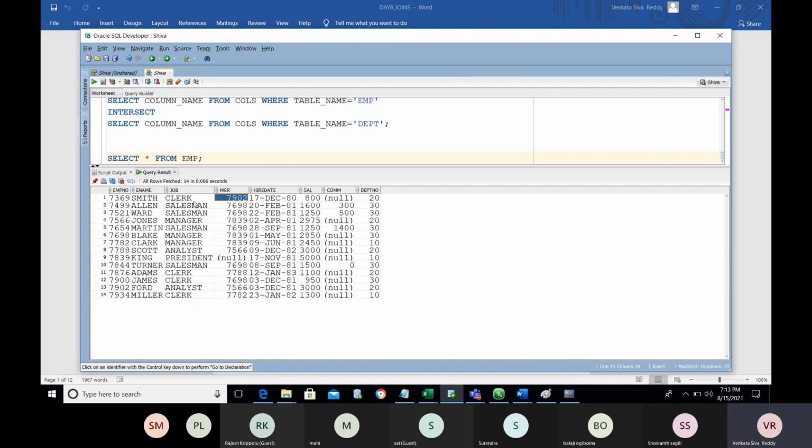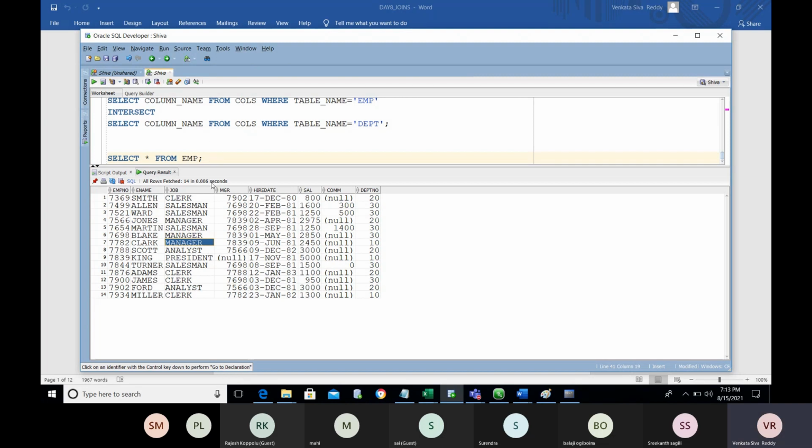He is the manager, and I want to retrieve the employee information along with the manager ID and the manager details as well. In that case, I need to join this table two times.